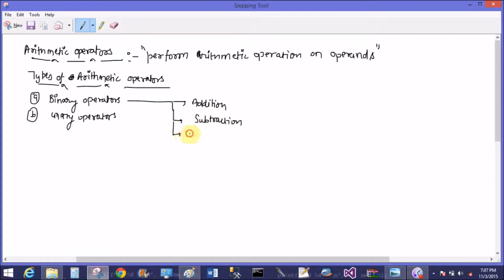So in the binary operator, we will take some operators like addition, subtraction, multiplication, division, and fifth is mod, that is the remainder or modulus. The symbols of the operators are plus, minus, multiply, division, and modulus, that is the percentage sign for remainder.